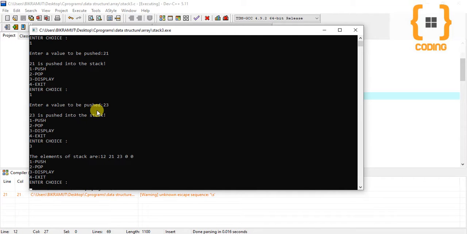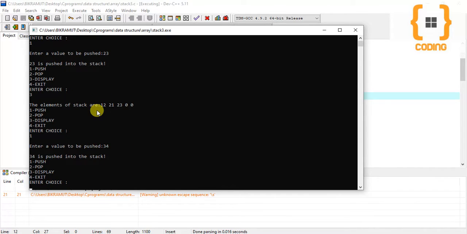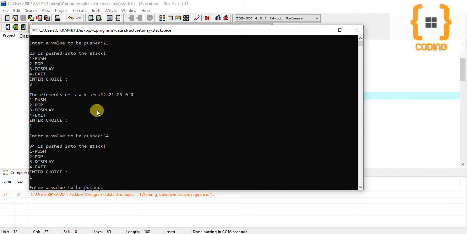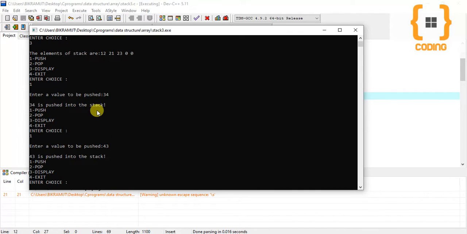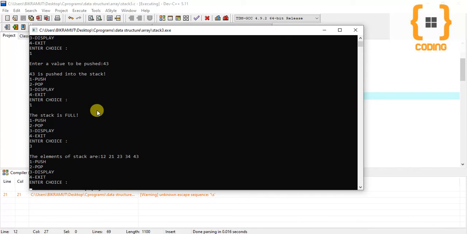Now I'm going to push 2 more elements, 34 and again 43. Now I'm going to push, the stack is full. Then 3 for display and 2 for